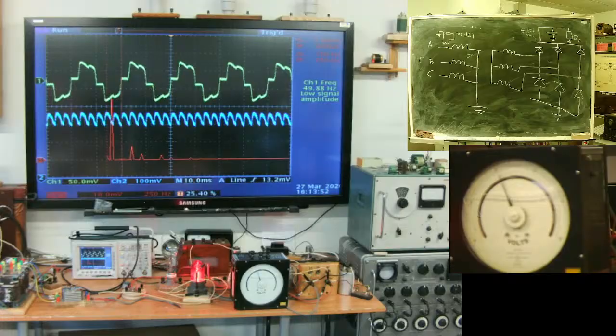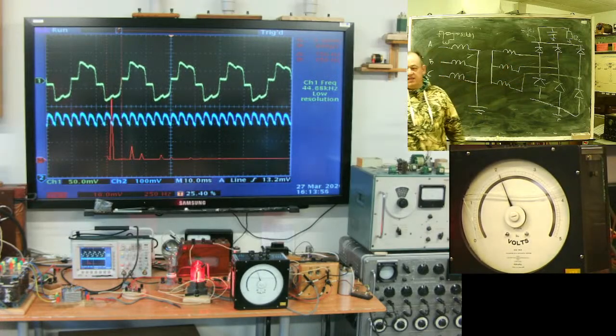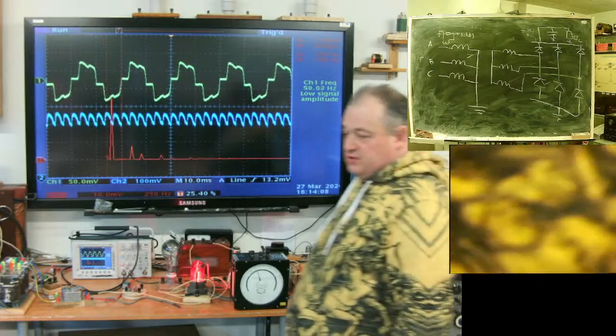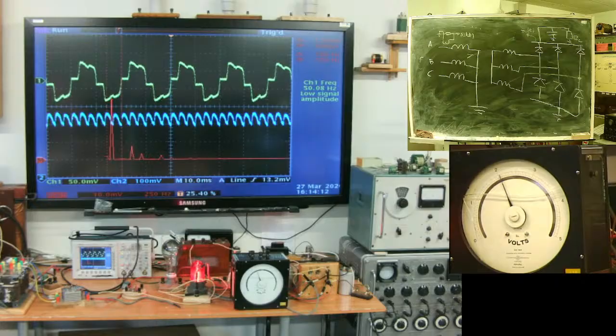This, because secondary side is connected, there is no ground wire. There is no way third harmonic can close, can circulate. In case of polyphase full bridge rectifier, there is no third harmonic in primary current. I can switch